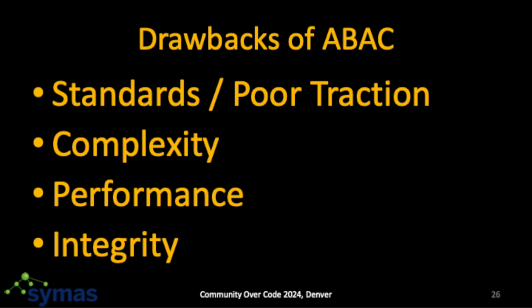It's back to what I said earlier, that I'm a system implementer. I would love to design an ABAC system that you could use. Where are the specs? Where are the specifications? Because I don't want to invent one. I'm not an expert on the domain. I want people that are experts in the domain to develop a specification, and then me as an implementer, I can just implement it. So these are my drawbacks, and standards and poor traction is why I've never gotten out of the starting block. I've never been able to get past that.